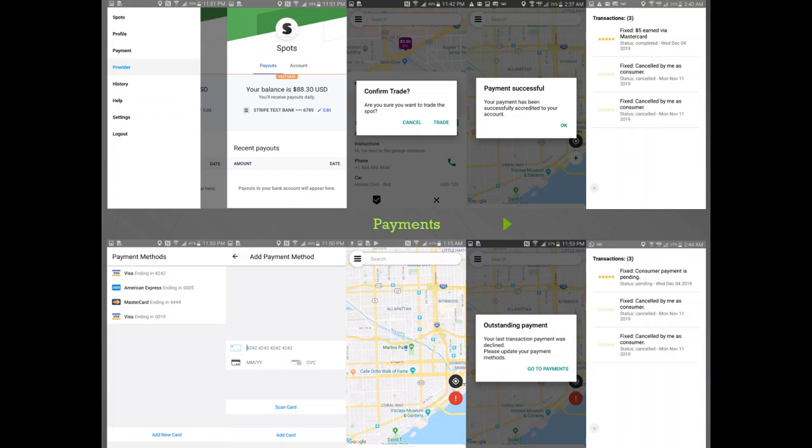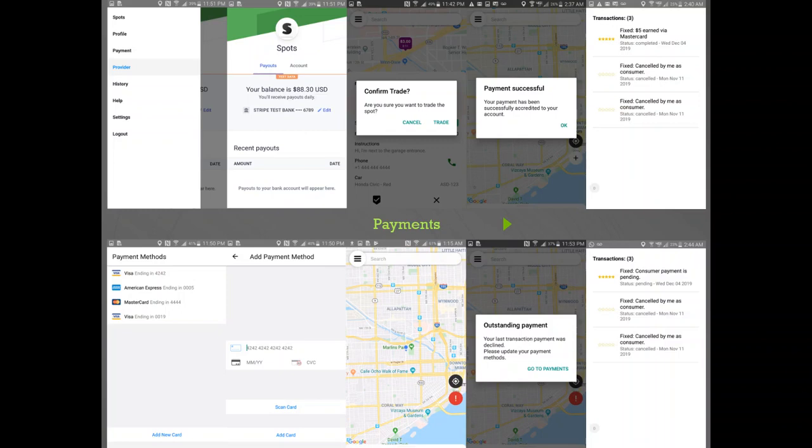Then on the bottom left, you also have payment methods, which show the different cards you have, and they're saved on your account, and also the option to add new cards as well.